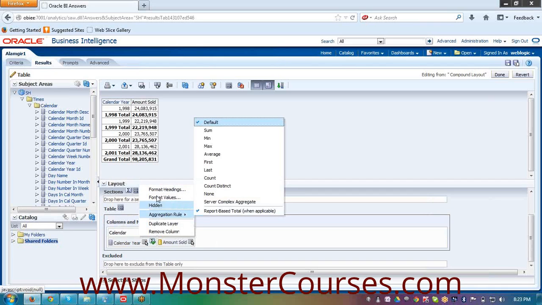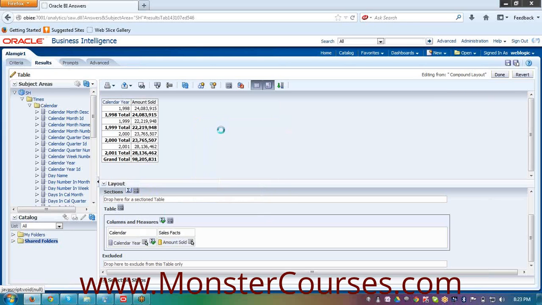I think we have new calculated column, no? See, when I say sum, it is giving me the sum of all calendar year. You see that?